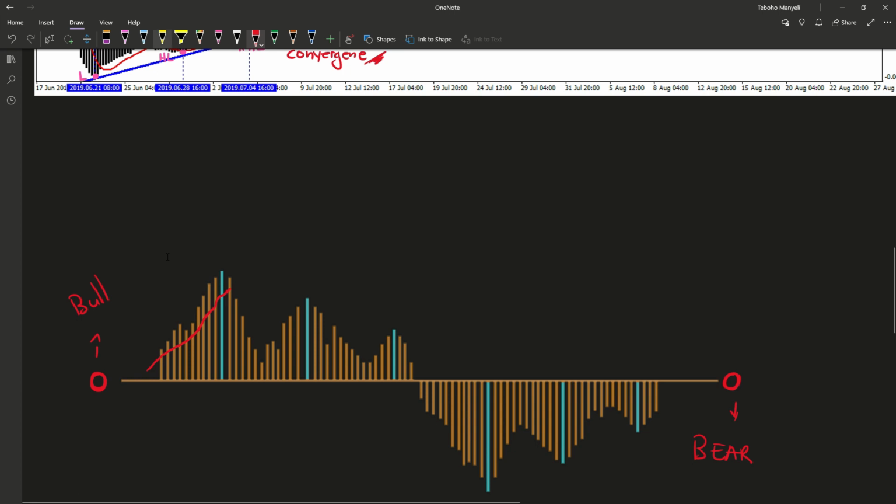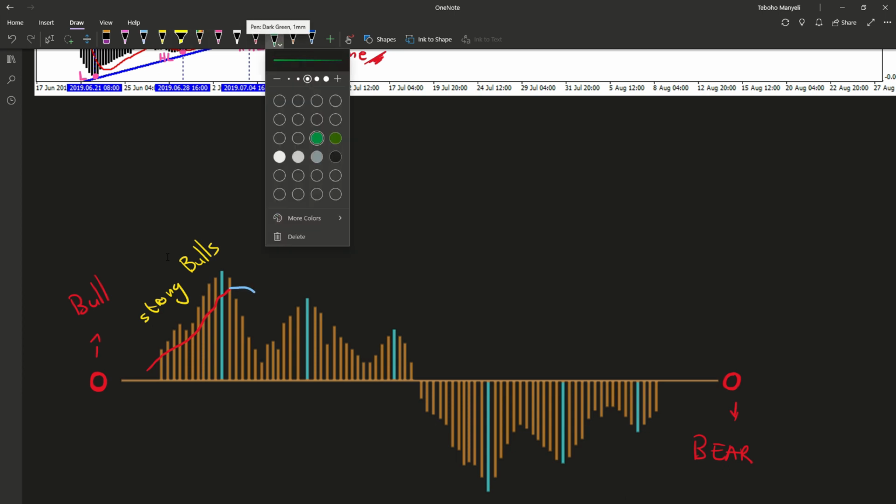So I'm going to hold it there. So for as long as the red line is below the histograms, this indicates strong bulls. All right. Then as soon as that moving average leaves the histograms and the space,